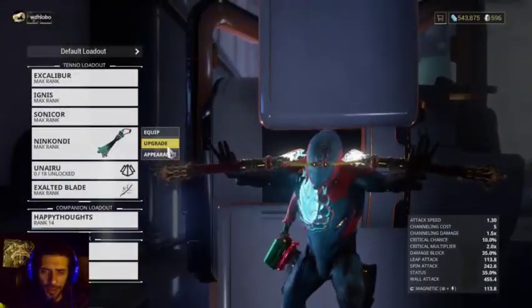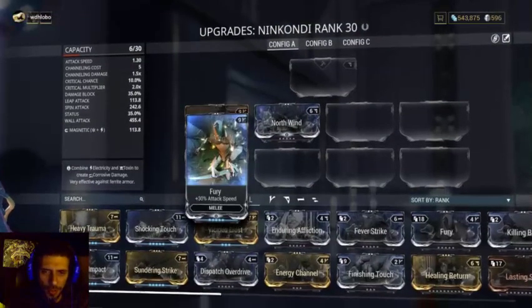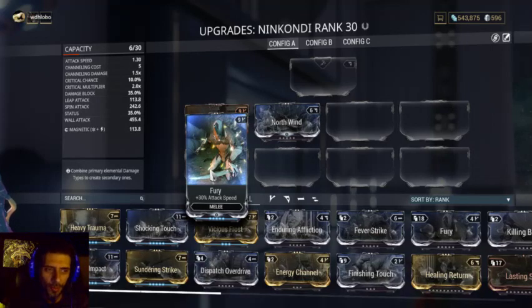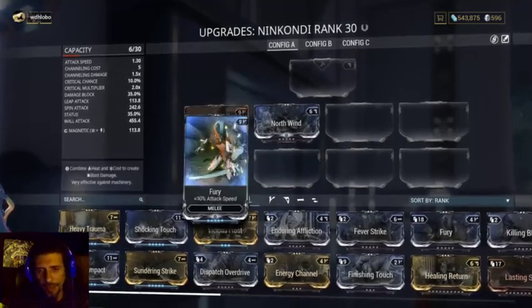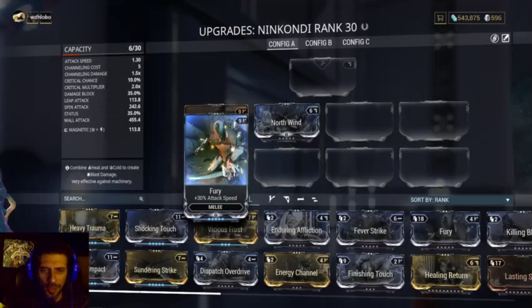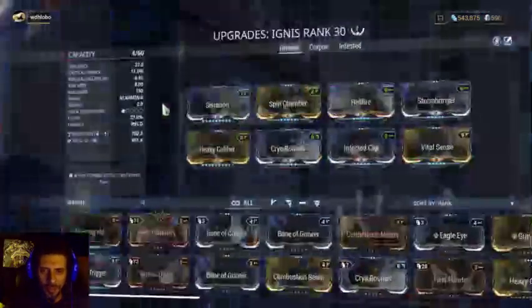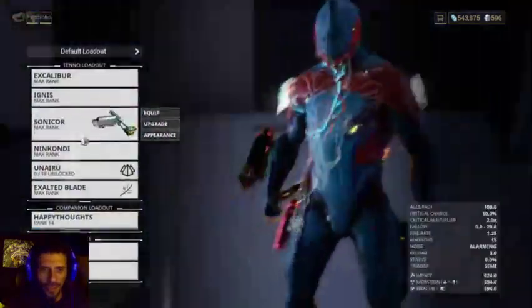As for your melee weapon, the 2 mods you always have to have are Pressure Point and Fury. Fury gives you attack speed, and attack speed is really important. It's like multishot on the pistols and rifles, primaries and secondaries, and what gives you damage. So damage is always important, and in melee weapons attack speed makes you fast, while in the shooting weapons, primaries and secondaries, multishot is what counts. Okay, so as I was saying,